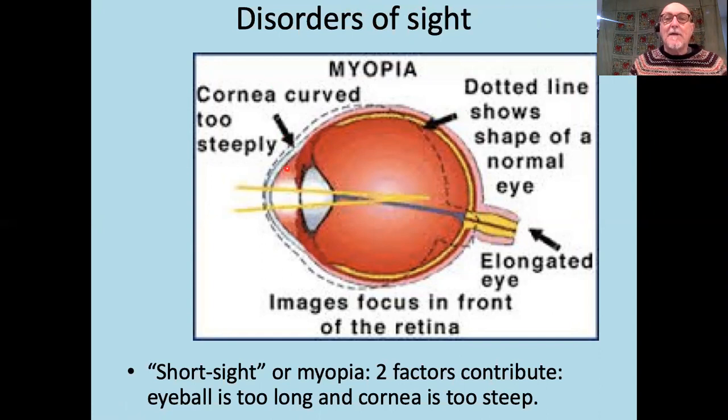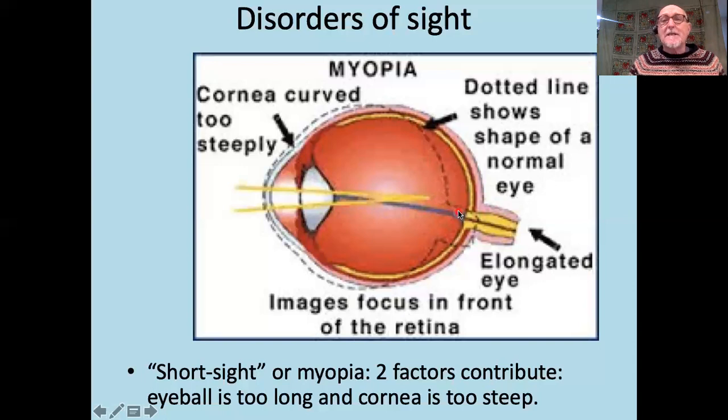And you'll remember that I told you before that the cornea is very, very important in the formation of an image. In fact, most of the focusing of the eye is accomplished by the cornea acting as a lens. To do so, it has to be perfectly shaped. And in the condition of myopia, the cornea is too steeply curved. And as a result, the focus of the image is ahead of the retina. The sharp image falls ahead of the retina, not on the retina itself.